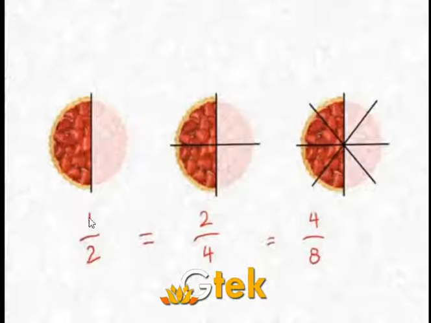So 1 by 2 is going to get multiplied by 2, so that you are getting 2 by 4. Then 2 by 4 is going to get multiplied by 2, so you are getting 4 by 8. So this ratio is equal to this ratio, and this is equal to this ratio. So it is equivalent fraction. It is going to get multiplied by the same number 2, right? We'll see another example.